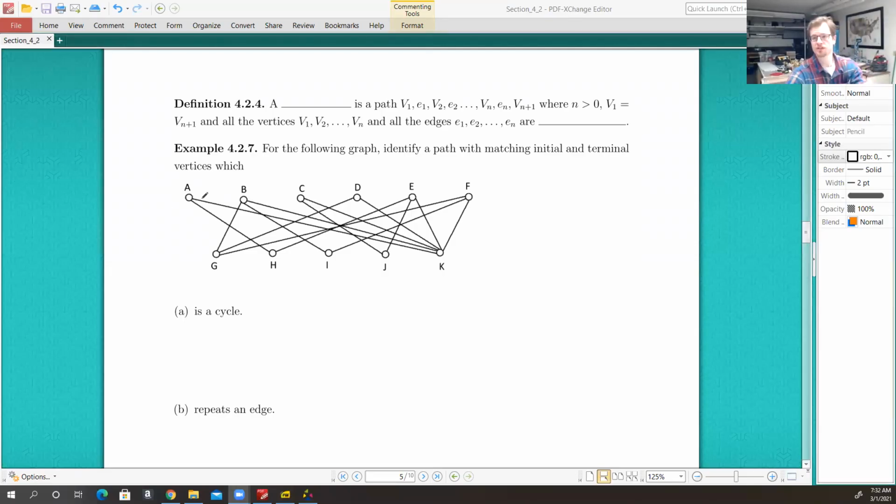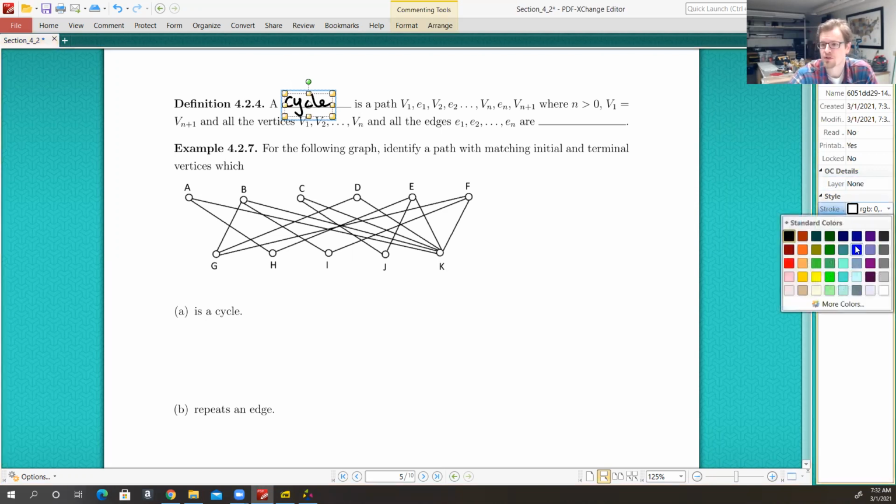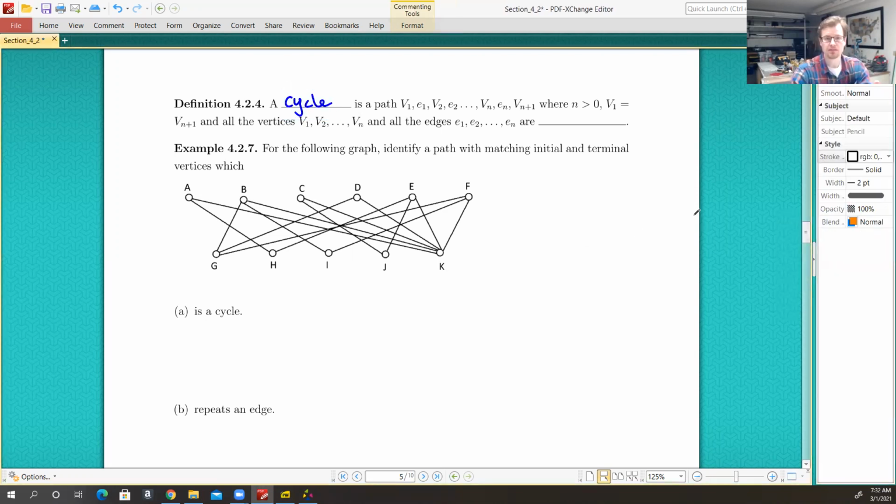We'll start off with what exactly we're taking a look at. A cycle is a path V1, E1, V2, E2, and so on. Like a path, it's a sequence of vertices and edges, where the edges connect the vertices, of course. So a cycle is a path. But the key here is that the first vertex and the last vertex are actually the same vertex. So we have the same